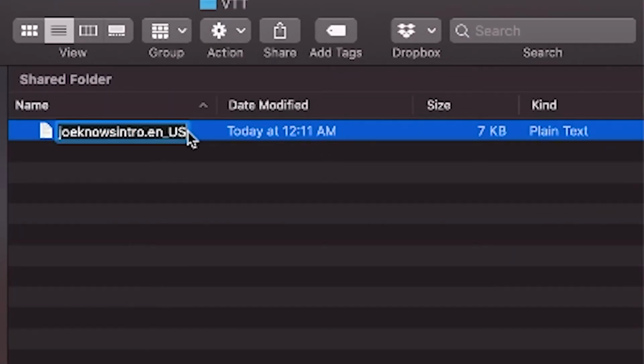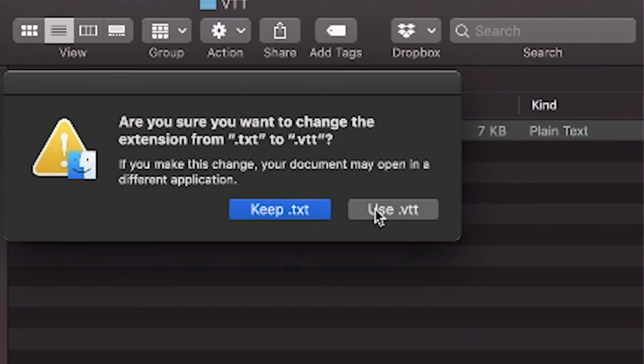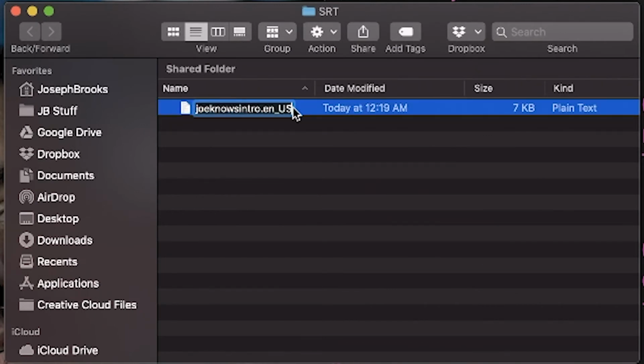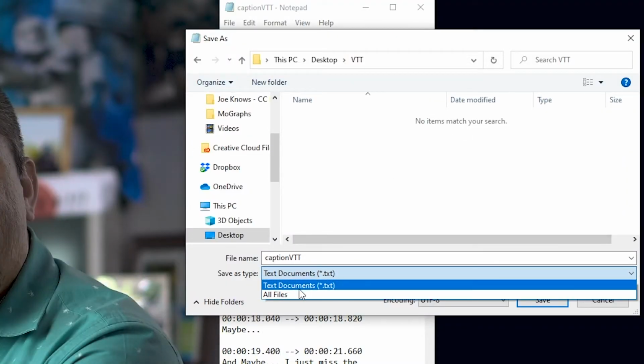Right click on it to rename it. Add the extension .vtt, all lowercase. Now, do the same thing with the file in your SRT folder, only this time replace the extension with .srt instead of .vtt. For PC users, in Notepad, go to File, Save As, click on Save As Type, click on